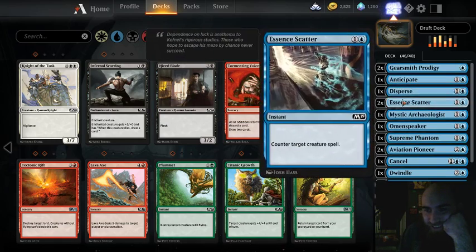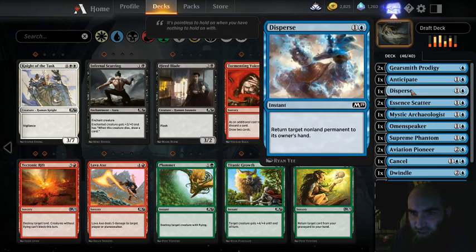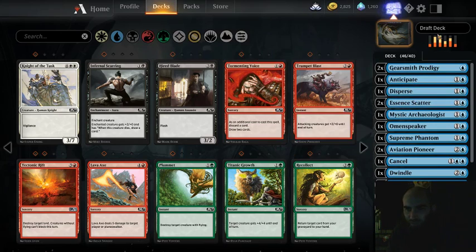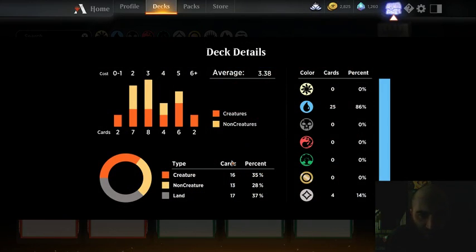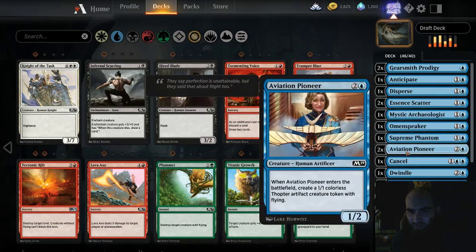That's fine. No maximum hand size. That's fun. Okay, so I gotta go 6 more cards to get down to 40. I've got a couple of 1-drops. Lots of instants. How many? Let's see really quickly how many creatures I'm dealing with. Only 16 creatures. I probably don't want to remove any of those. I'm probably going to get rid of...